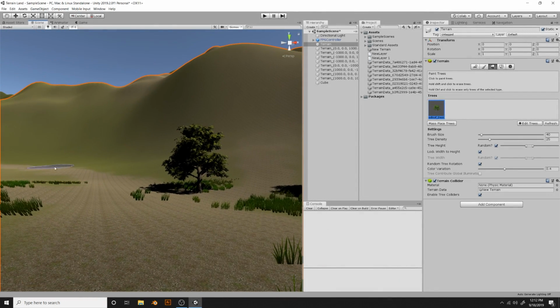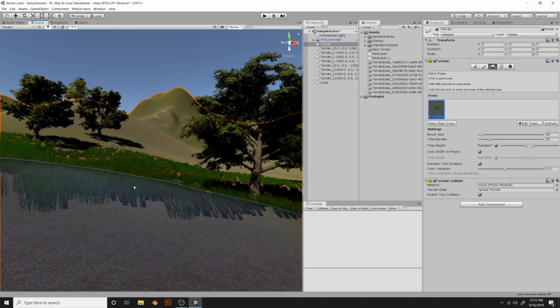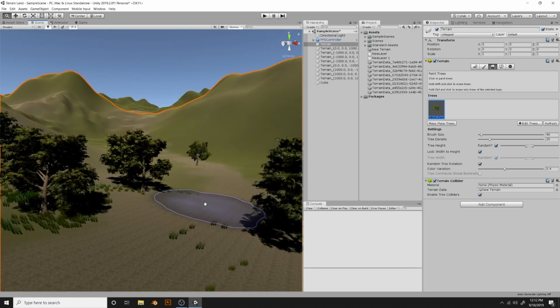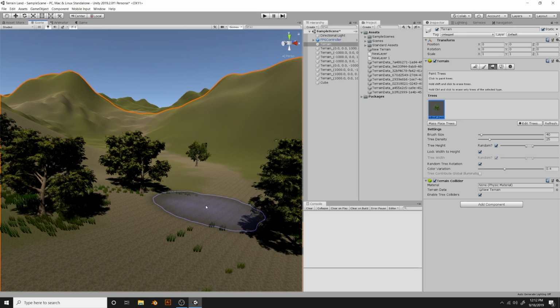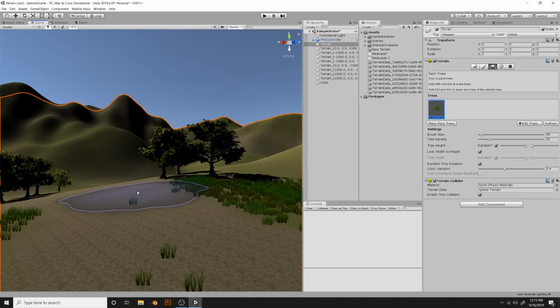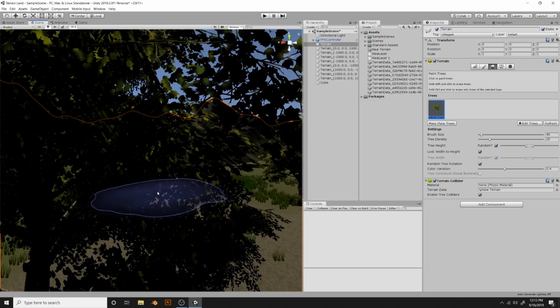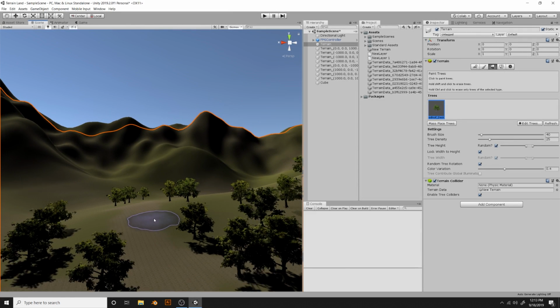Now, the cool thing about these trees is you can paint a ton of trees and Unity won't slow down. And the reason why is it's got an LOD group attached to it. And I won't get into too much detail, but what an LOD does is it basically tells Unity to slowly decrease the quality of the tree as you zoom away. So you can see that